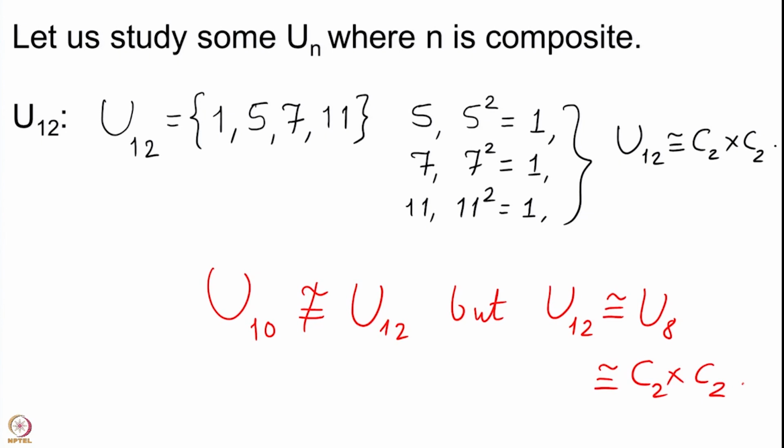In general, what we would want to do is to find the structure of all Un. We want to understand all Un for every natural number n. We have made a step. We have begun the study of these structures of Un by looking at Up, where p is a prime. Our experience has been that Up are much more tractable. Things related to prime numbers are more tractable than things related to natural numbers. So, we would want to see whether the same thing holds in general.